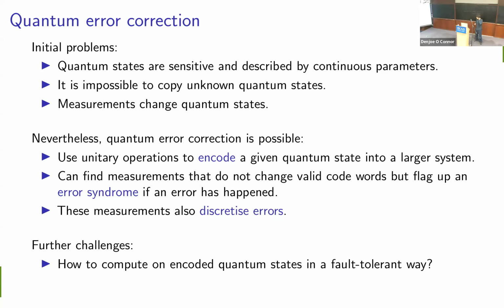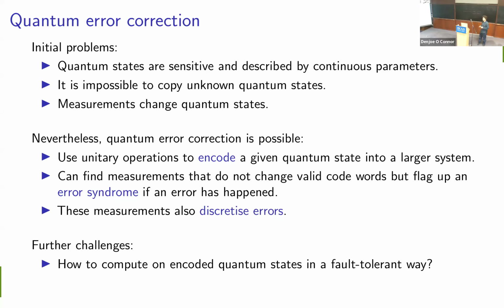So that means that quantum error correction is possible. As I've mentioned, there is this question of the threshold. As a challenge to the experimentalists and engineers, the errors on the physical system need to be small enough that our error correction doesn't introduce more errors than it solves. But there are also a lot of further questions that people are actively working on. For example, how we can compute on these encoded states in a fault-tolerant way.